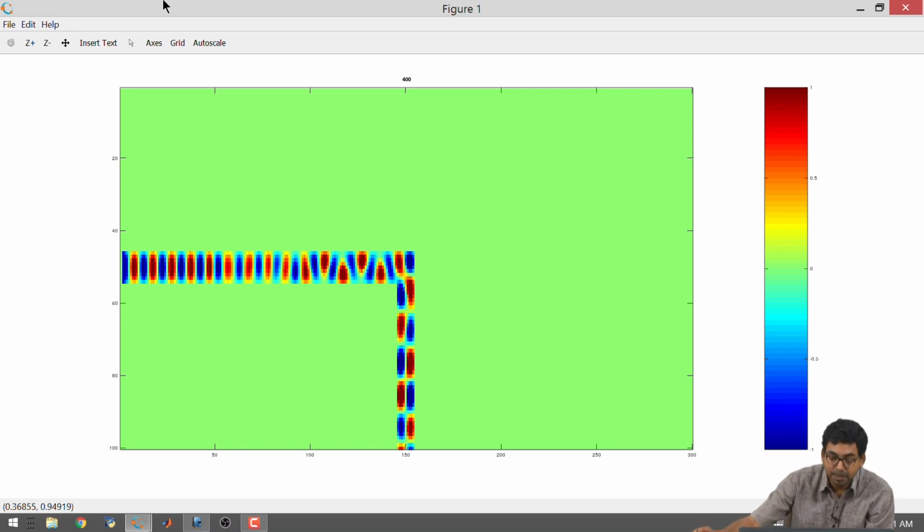And this reminds me of something very clear. All right, it shows here that if I go from one side to the other side on this waveguide, I am having electric field 2 spots. All right, I am having 2 spots, 2 half cycles I am having. So this corresponds to m equal to 2. All right, and on top of that, in order to validate this, I also remember that electric field in one spot is 180 degrees out of phase with respect to the electric field in the other spot. So clearly one is red and the other one is blue, corresponding to positive 1 and negative 1, and this clearly tells me that yes, I am looking at m equal to 2.